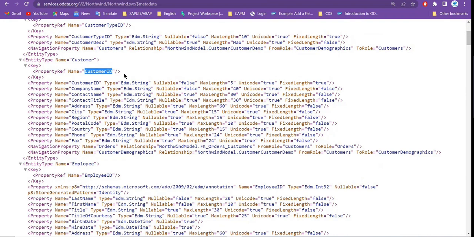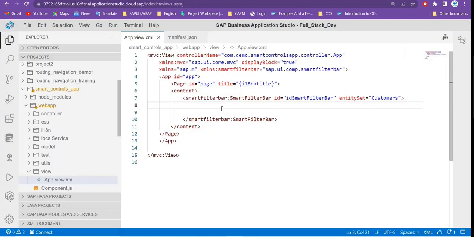So we'll create a filter bar for customer ID because the user wants to filter the data based on customer ID. So now whenever you want to configure these filter bars, we